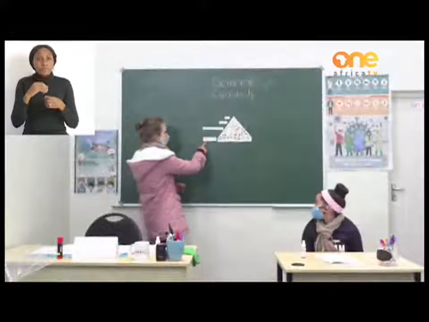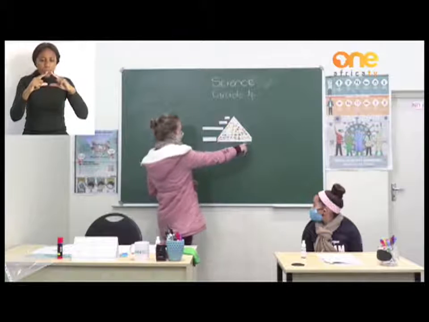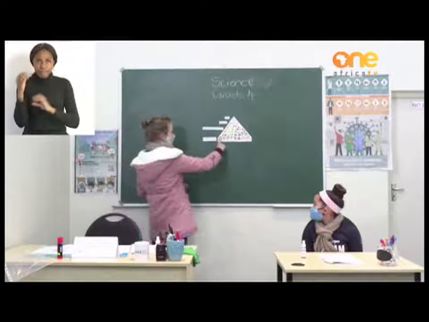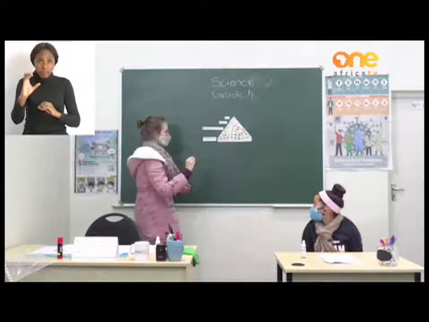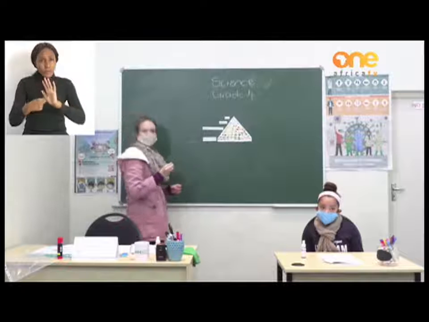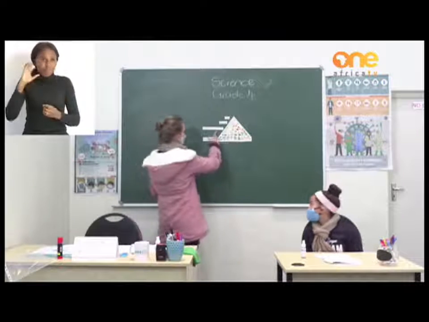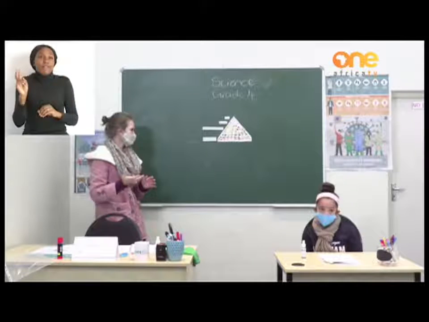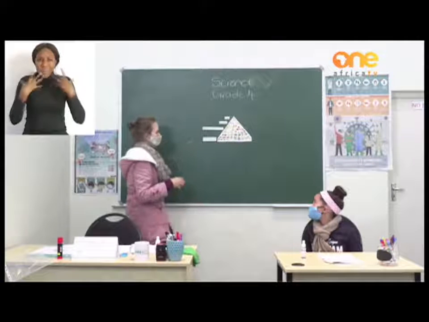So on this picture, you can see that it is a triangle with our 4 different types of food. So at the bottom, we have carbohydrates. So they fill the biggest space in the triangle. Okay, so what this tells us is that our bodies need carbohydrates. They need a lot of carbohydrates. Okay, then we move up to vitamins and minerals. So we find them in fruits and vegetables. Okay, and our bodies still need a lot of vitamins and minerals.